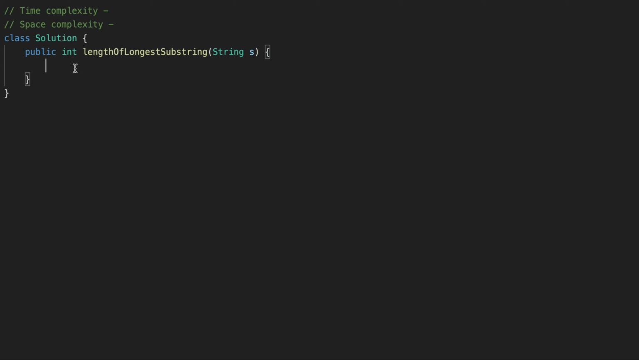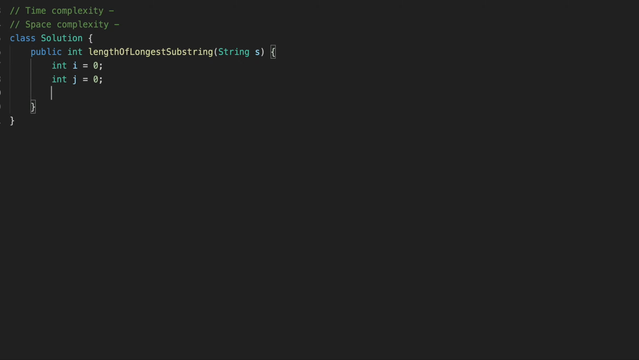Okay, first thing we are going to do, let's just create our j that we are going to use for the sliding window. Let's create j, right? And also let's create our maximum that we are going to return. Let's return our max, okay? So now we can iterate over our string. But before doing that, let's also create our set of characters